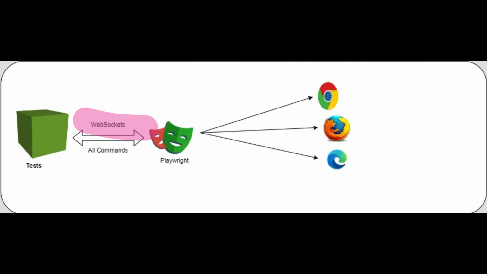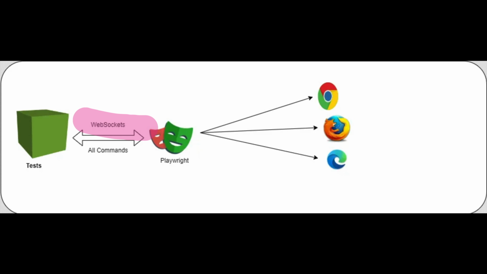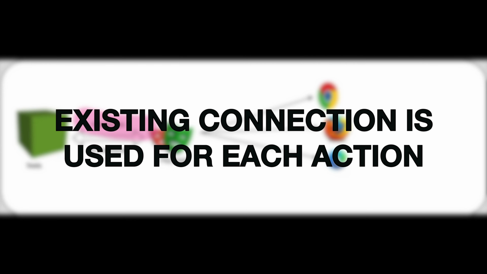Whereas in Playwright, a single WebSocket connection is established which stays persistent throughout your test execution. This persistent connection eliminates the overhead of establishing and closing connections for each action, leading to faster communication and improved test execution speed. In simpler terms, if now I perform send text to the element after click, I do not need to re-establish a connection with my Playwright server for performing the new action. I will use the existing connection only.